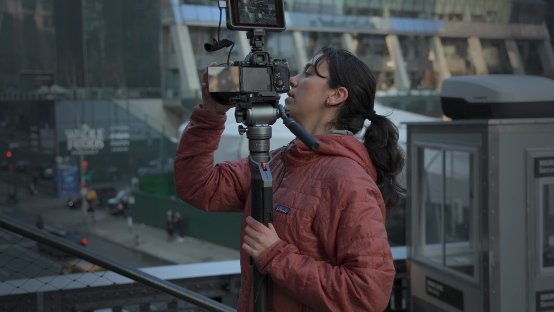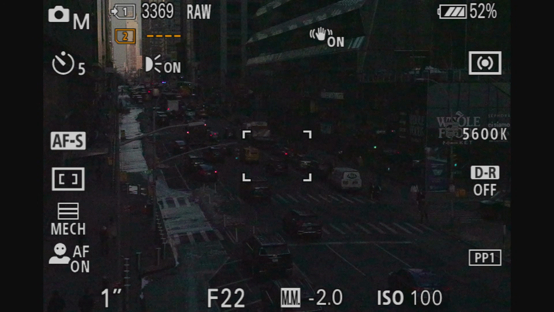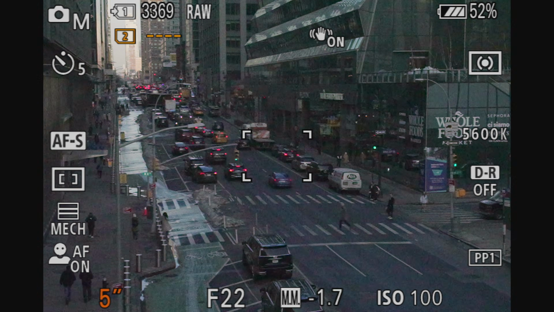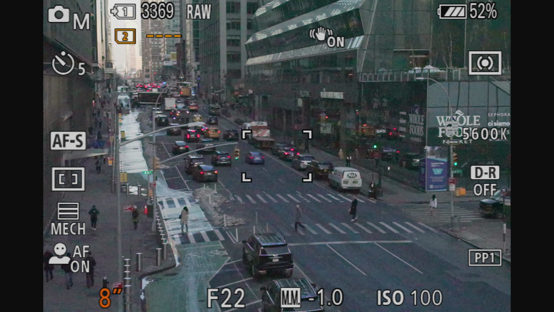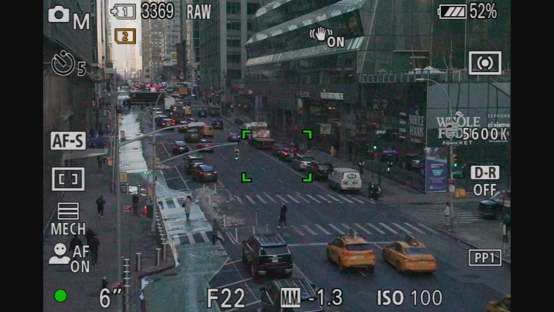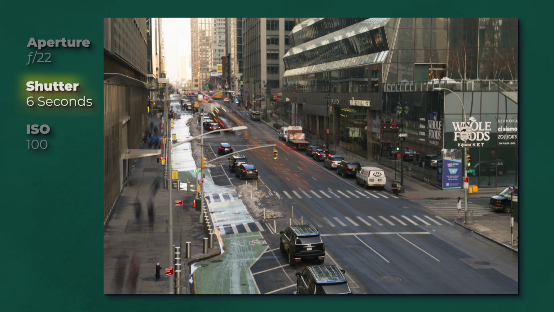And then how do we do this? All right, so now we have an ND filter on. I think this is now at 5 stops. We're able to shoot, let's go with a 6-second exposure now with the same settings. I think we're gonna get a nice bit of cars coming by. Let's check that out. See, now pretty much all of the cars have been entirely blurred out, as well as